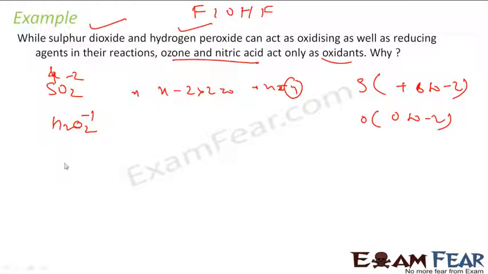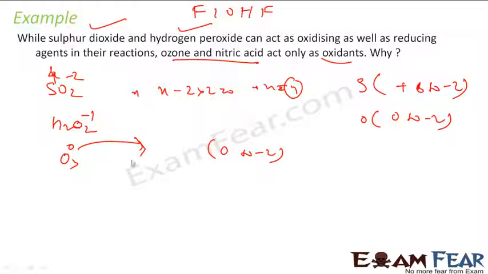Let's talk about ozone. So ozone is O3, that is 0, it's free state, and range of oxygen is what? 0 to -2. So there is no scope for oxygen to increase it, right? It can't go to +1, right? The only thing it can do is it can reduce the oxidation number, that is, it can act as oxidizing agent only,